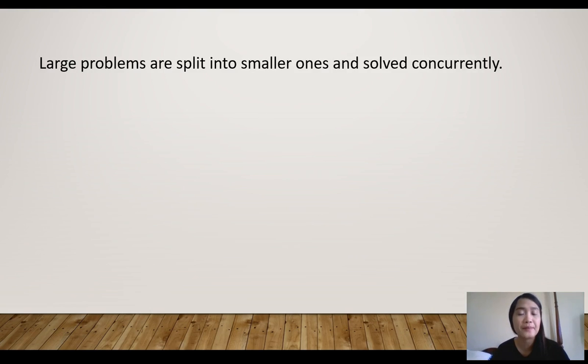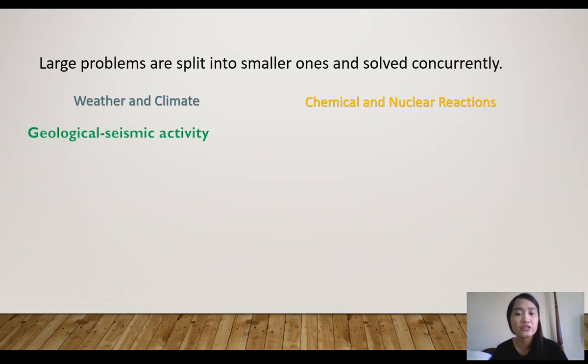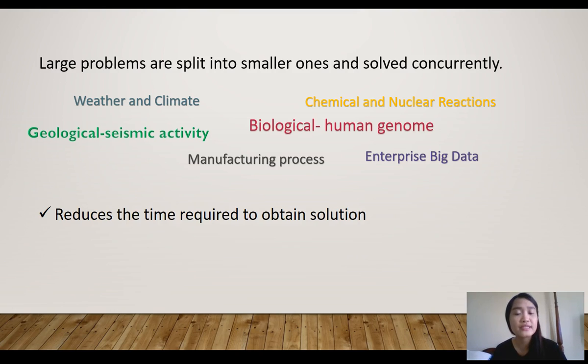Working parallel as a group is a very efficient way to reach a common target. This principle is what lies behind parallel systems. Large problems are split into smaller ones and solved concurrently. Parallel computing allows us to solve data-intensive problems encountered in many areas of science, engineering, and enterprise computing. It also reduces the time required to obtain a solution and avoids system failure if one of the processors cannot proceed